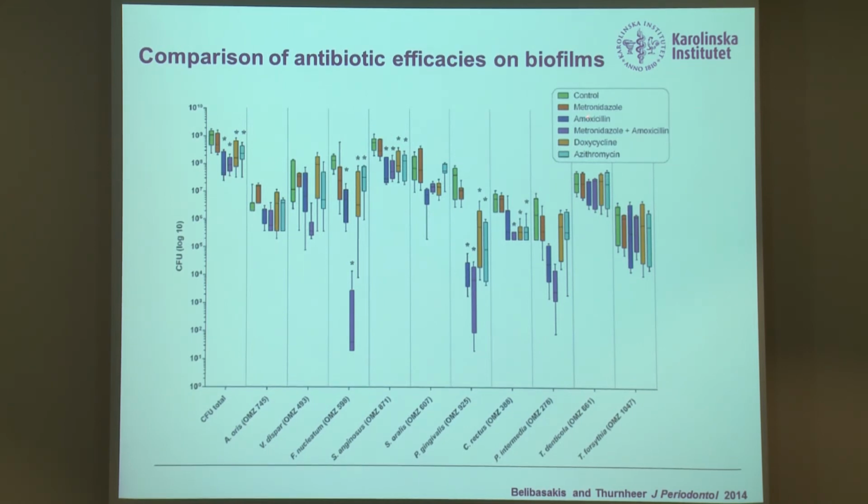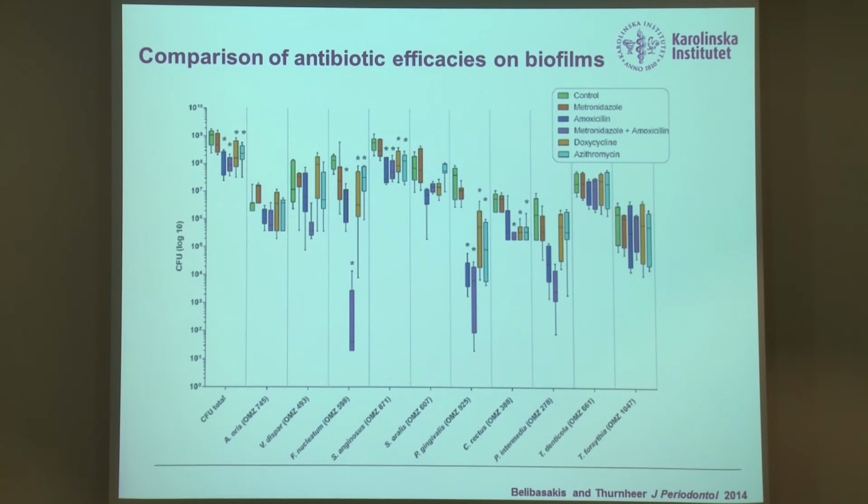We had metronidazole, amoxicillin, a combination of those two, doxycycline, and more recently we used azithromycin. You can actually see that these 4 last groups have caused, it's a logarithmic scale here, a significant reduction in the total levels of the bacteria present there. This is a subgingival biofilm model, by the way. But I will go directly to the most striking differences, which are here the purple group and these 3 species, Fusobacterium nucleatum, Porphyromonas gingivalis, and Prevotella intermedia. Even if it didn't prove to be statistically significant, yet the numerical difference is quite pronounced.